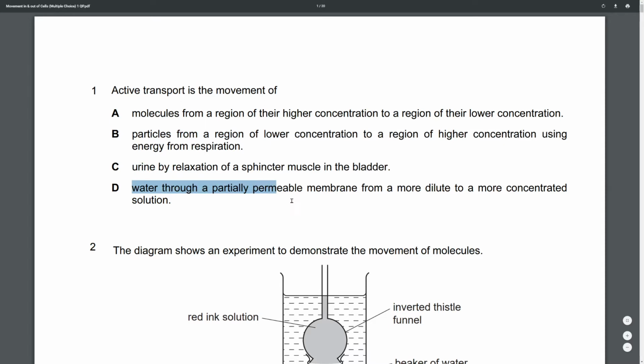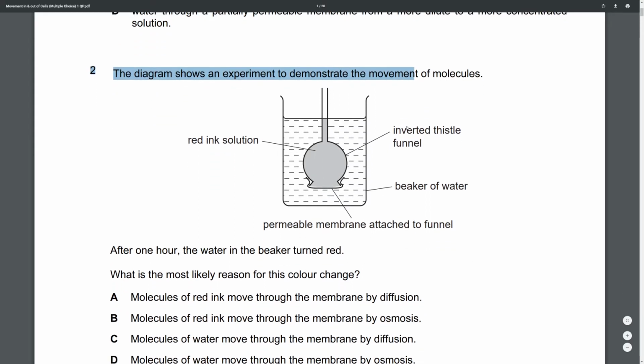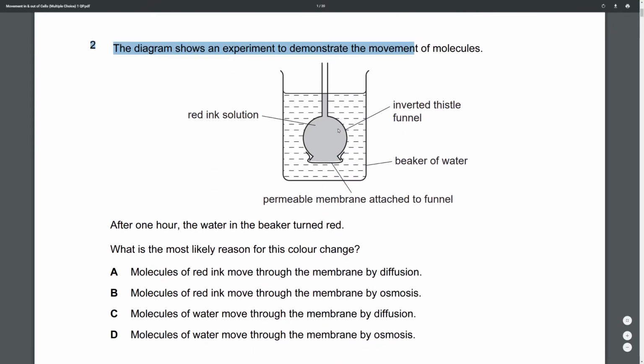Water through that is osmosis. So the first answer would be B. 2. The diagram shows an experiment to demonstrate the movement of molecules. Okay, so we have a red ink solution in here, and we have a funnel and a beaker